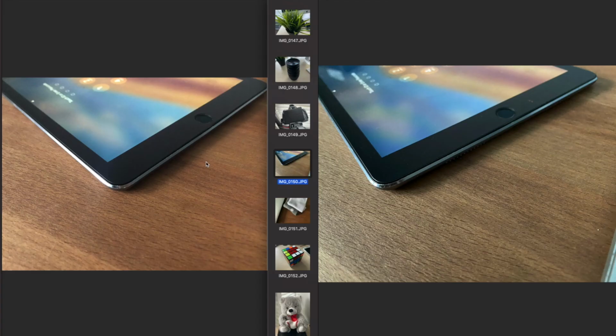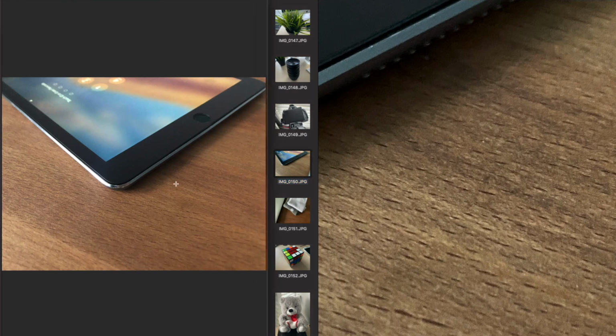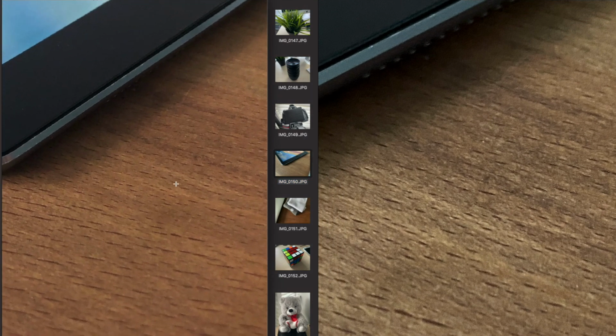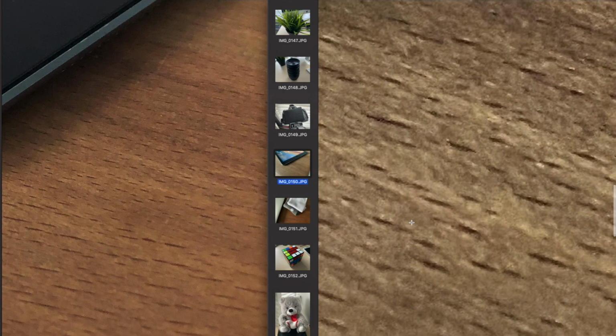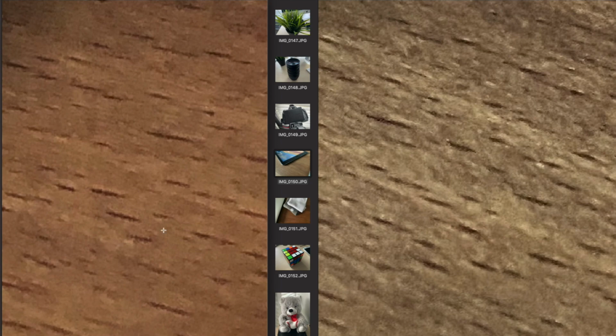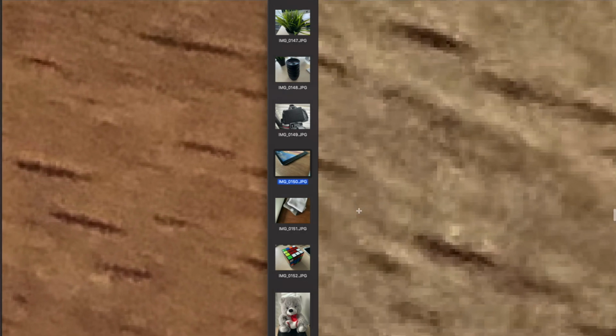So this next photo honestly kind of surprised me, because in a lot of ways the 8 Plus I think looks kind of cool, but the 11 Pro also looks kind of cool here. Now in reality, if you look at the desk itself, the details in the desk and everything look much better on the iPhone 11 Pro. As you can see, you're kind of able to make out much more of those grains. On the 8 Plus, once you start zooming in, it doesn't really get as noisy as I thought it was going to get. If I go and zoom in a little bit more,